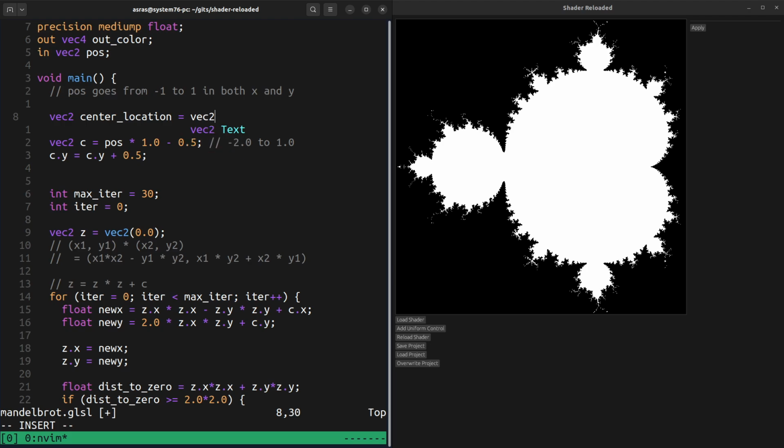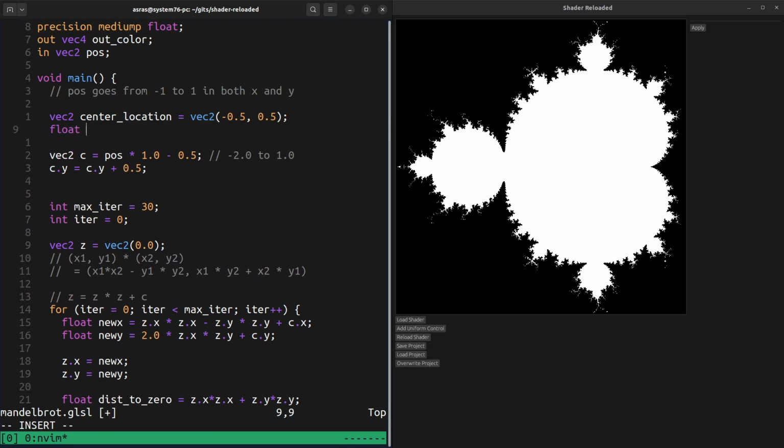Okay, it's some kind of vector. And what if we say somewhere like here, which is like, this should be 0. So minus 1, let's try minus 1/2 and 1/2. So minus 1/2 and 1/2. And then we want like view width. Let's make it quite small. And then we want to,